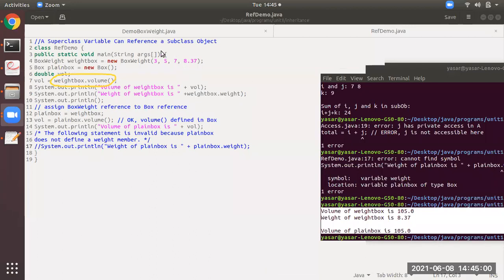I hope you all have understood this. Okay, that is done. Then you see here, it is displaying the volume 105.